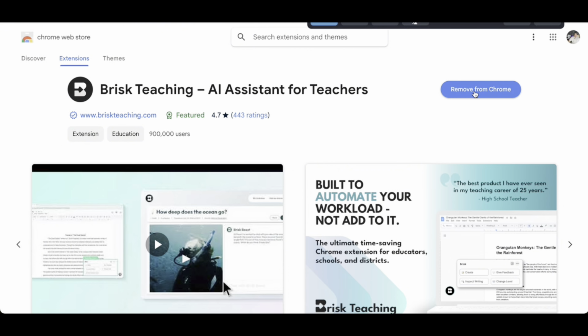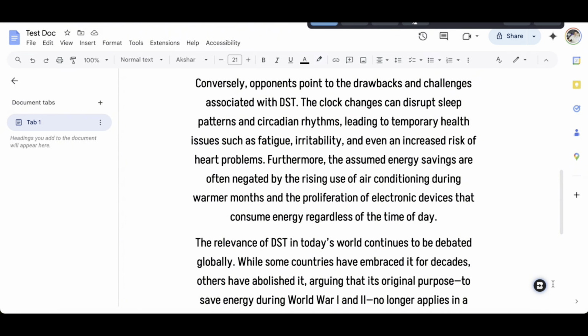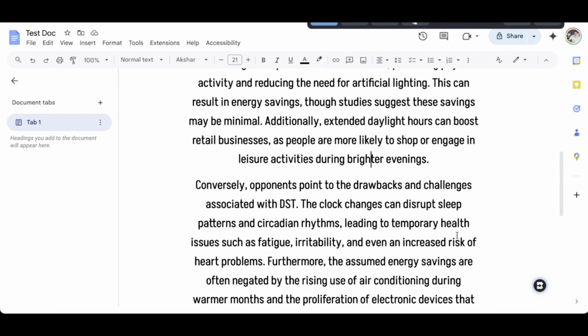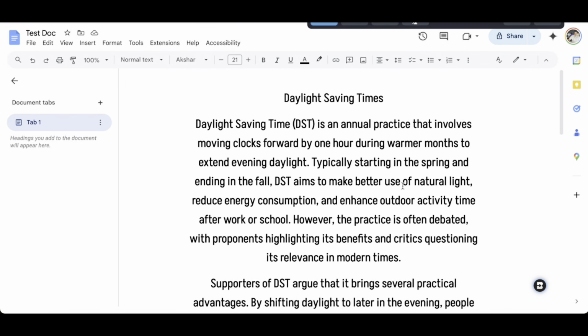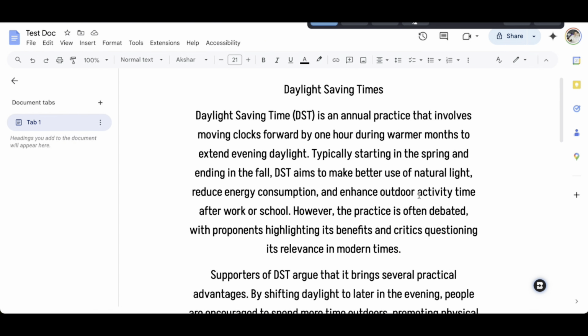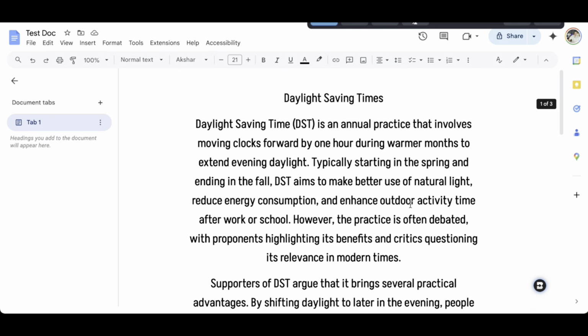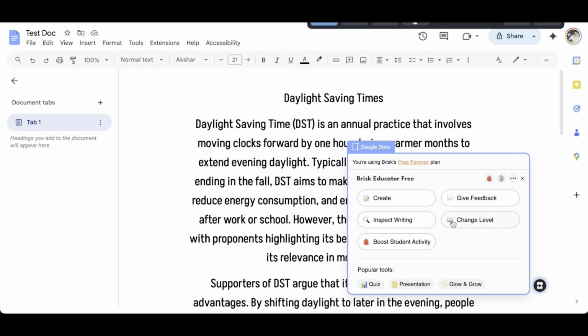I have already done that. So once installed, you go ahead and open any web page or a YouTube video or a document, and you will see right here in the bottom right hand corner the Brisk Teaching icon. So for instance, I have this document, the same document I used in CurryPod to create a presentation. It's about daylight saving time. So I have this Google Doc here, and I want to create a presentation based on the content of this one. So what I'll do is just click on the icon, then click on create,